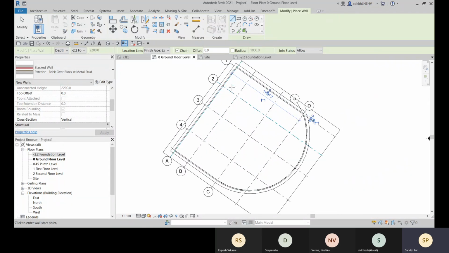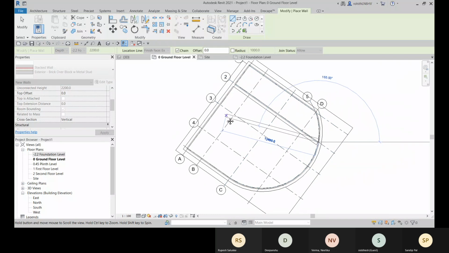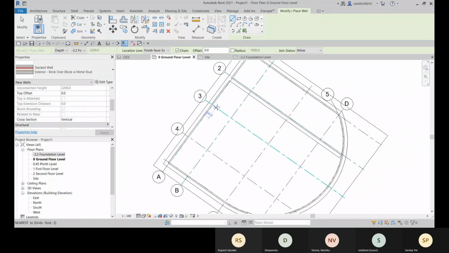If you need, you can create with this pick line also. So let me go this line quickly and place it. Now let me change it to wall center line.